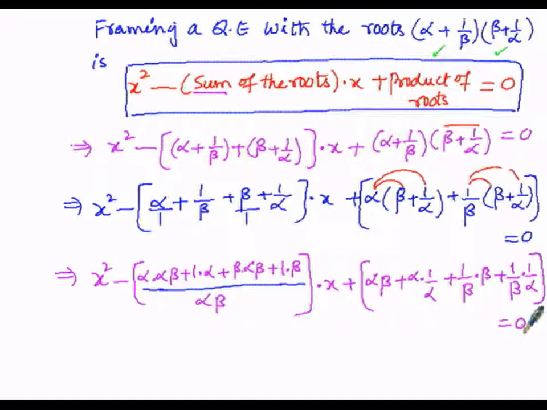Here the denominator alpha and the numerator alpha get cancelled and the denominator beta and the numerator beta get cancelled. In this manner I will be getting the next logical step as